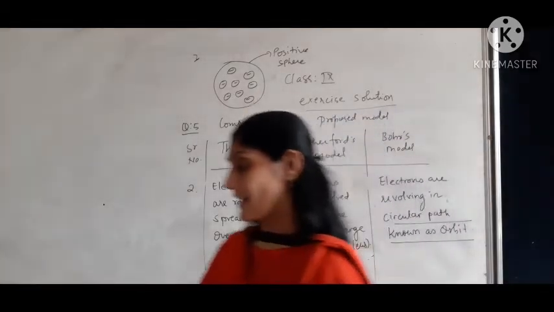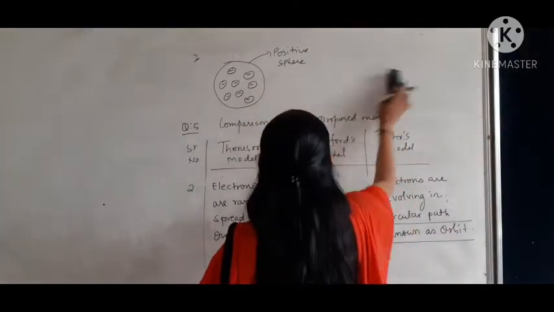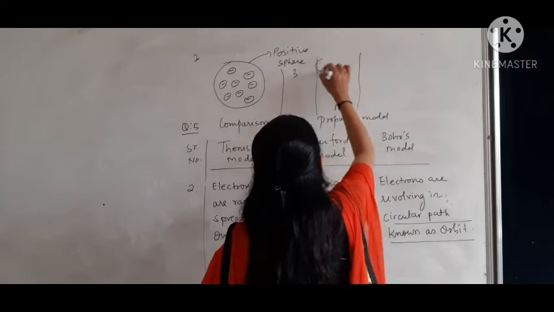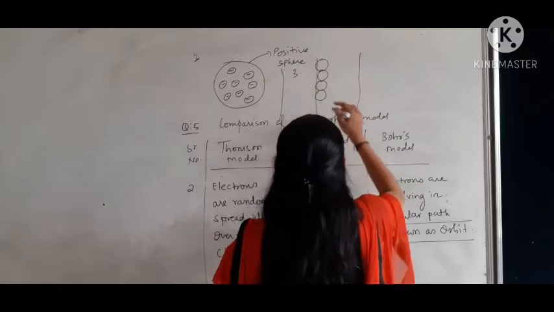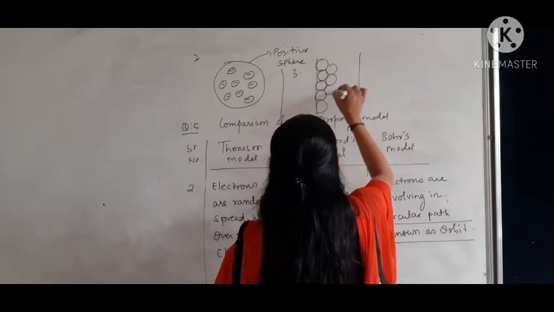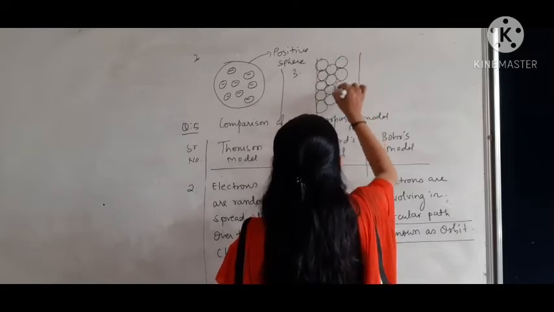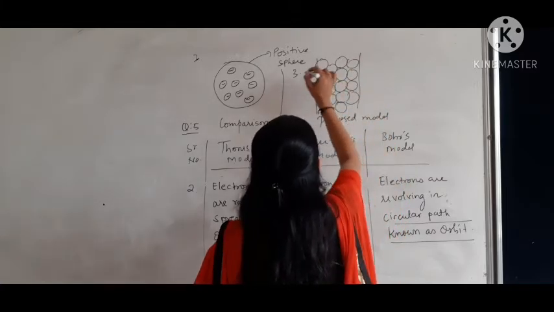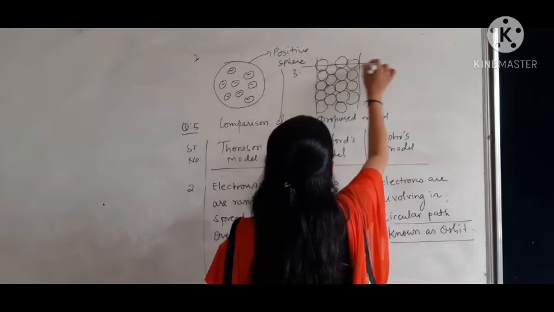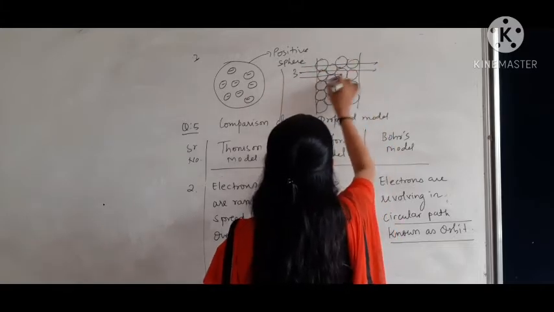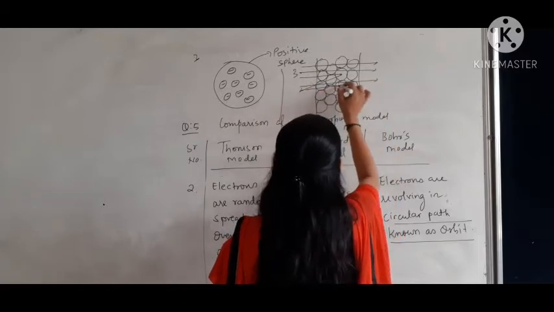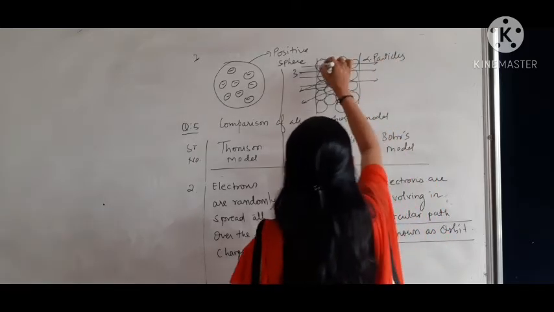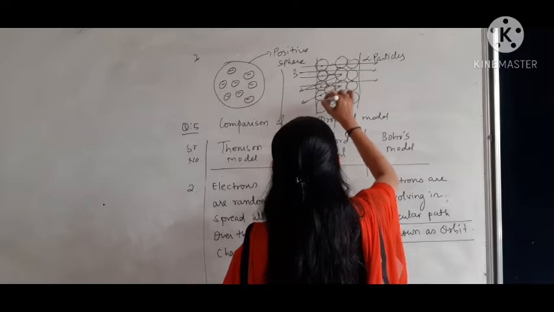Third point, you can draw the diagram. ये Thomson model का diagram है. Now Rutherford, already we know how to draw the diagram. Children, you can copy it from the textbook also. The diagram randomly I am drawing over here. This is the diagram which is giving us information about the particular model. So these are the alpha particles. This is the center of the atom which is positively charged sphere.